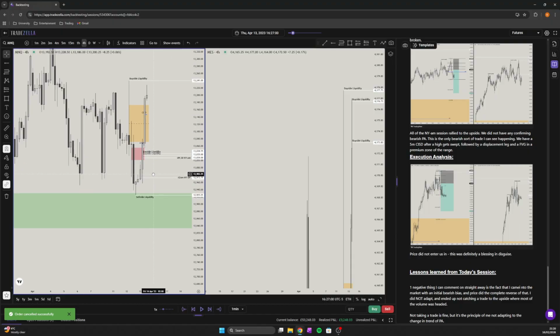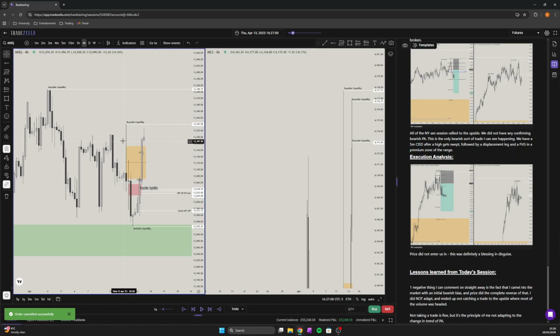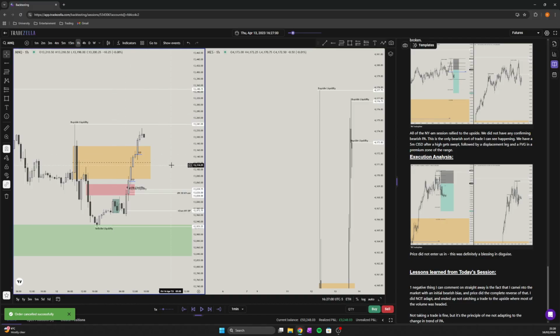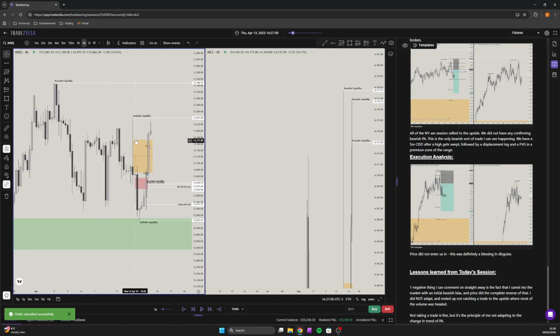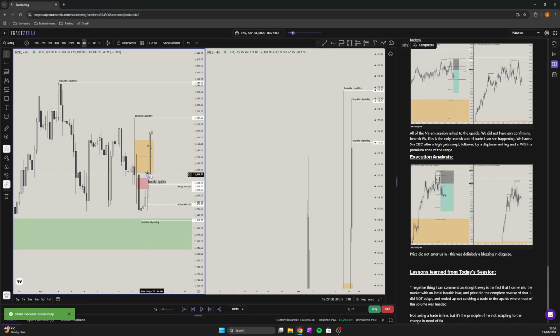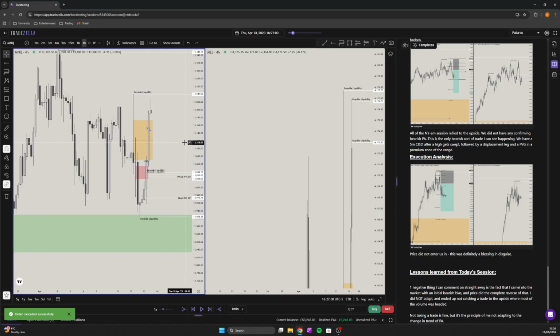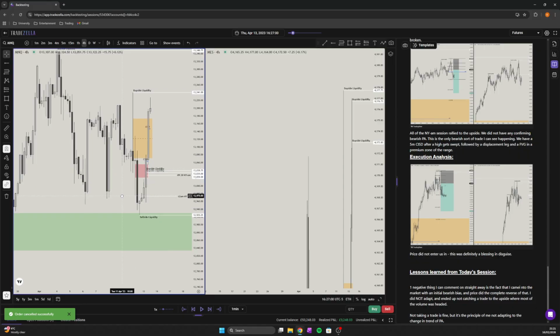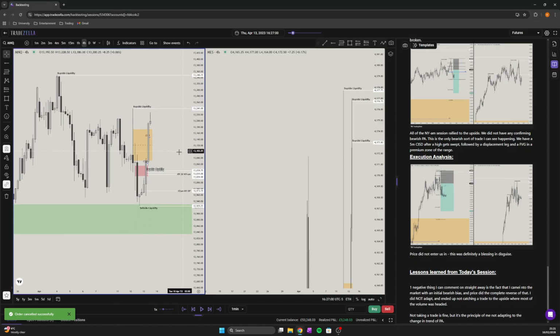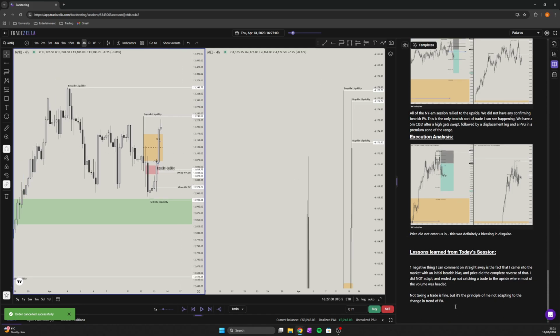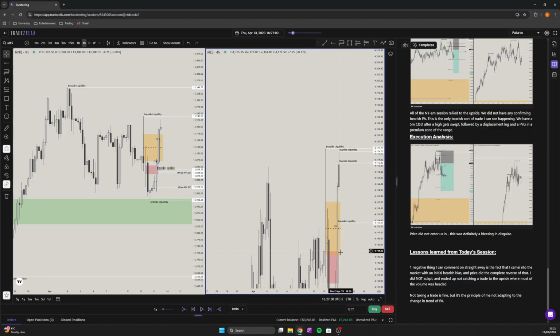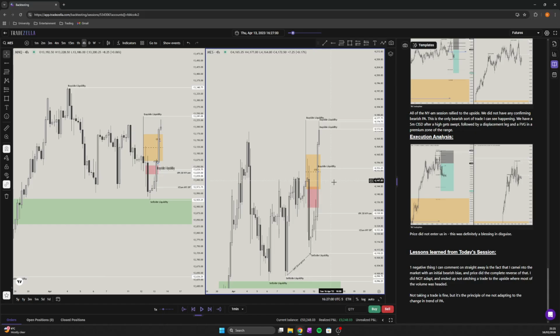4 hours. Do we see anything happen? That's crazy. If we have a change in the state of delivery here on the 4 hour, it wraps, isn't it? We have a low get taken out. Okay, this is our change in state of delivery, isn't it? Or is it not? I think it is. That's our change in state of delivery. Oh, sorry. Yeah, very clear change in the state of delivery here.